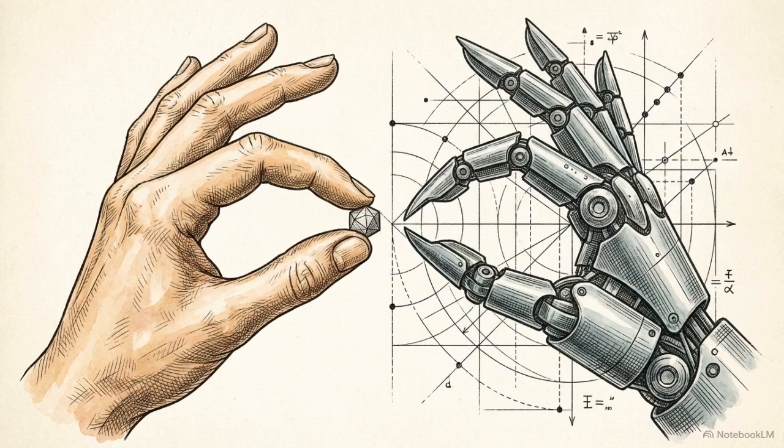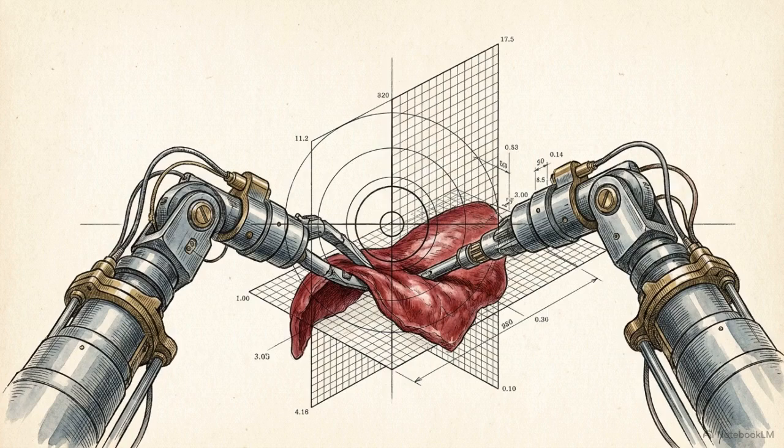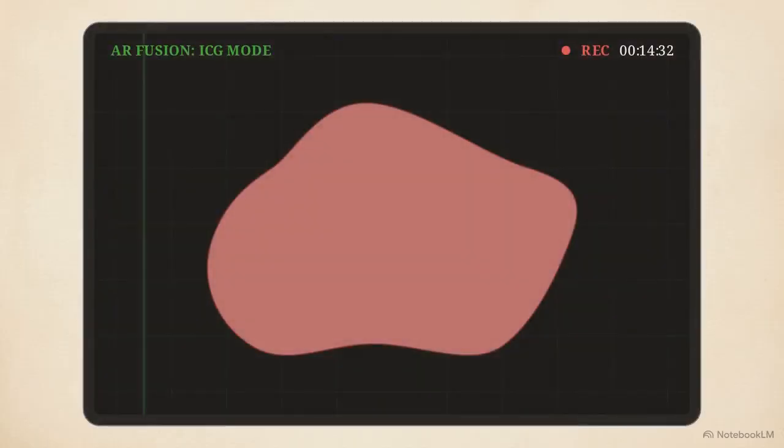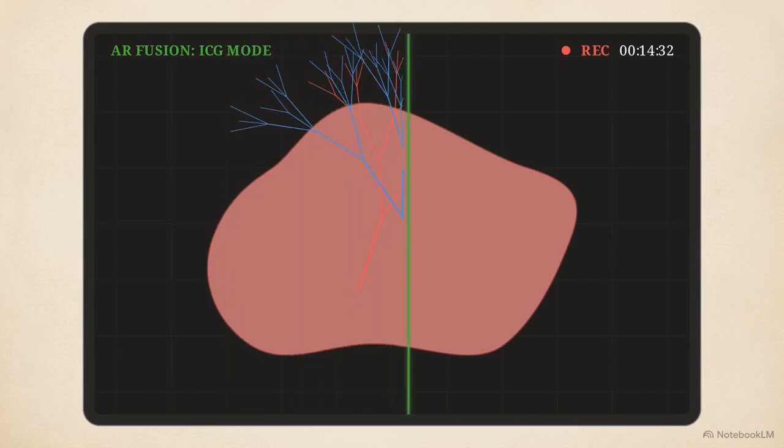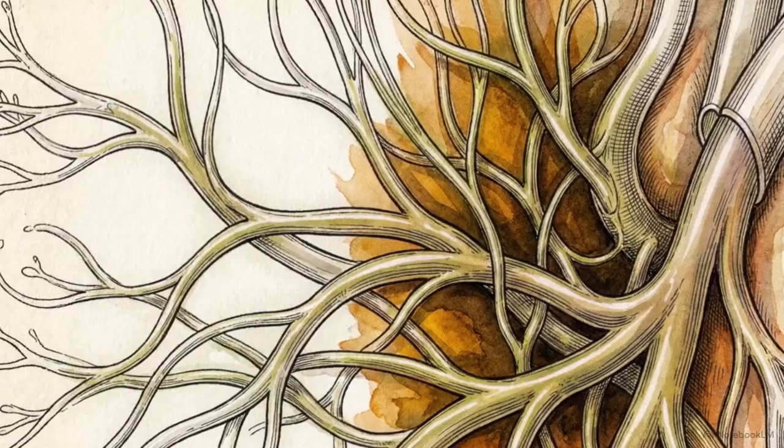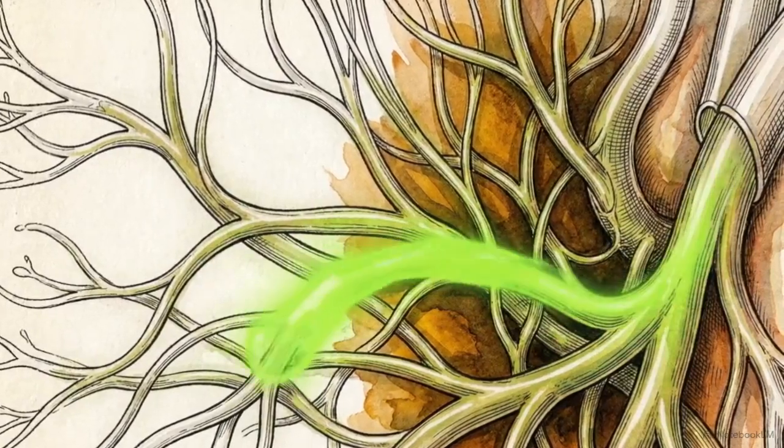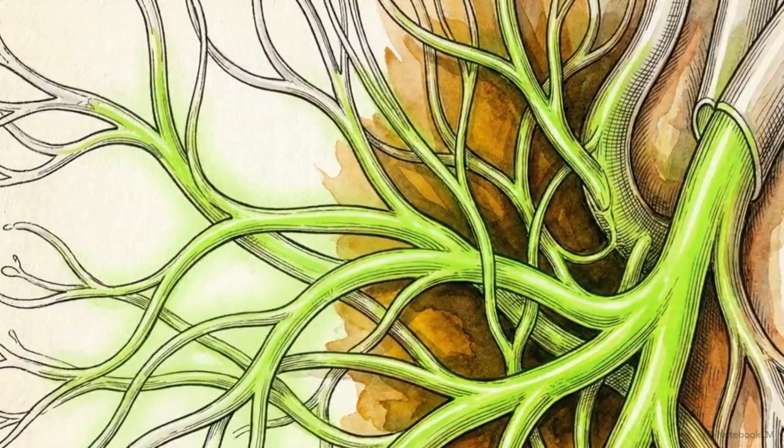The surgical robot acts as a digital intermediary, using computation to translate the surgeon's intent into stable, precise movements that exceed baseline human dexterity. With the mechanical barriers addressed, the digital interface allows for the next evolution, augmenting human vision with real-time physiological data. Because the surgeon already views the anatomy through a monitor, data overlays can be integrated directly into the operative field. A primary example is the use of near-infrared light and indocyanine green, or ICG, to visualize